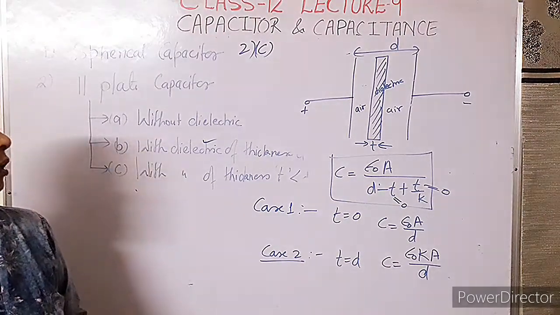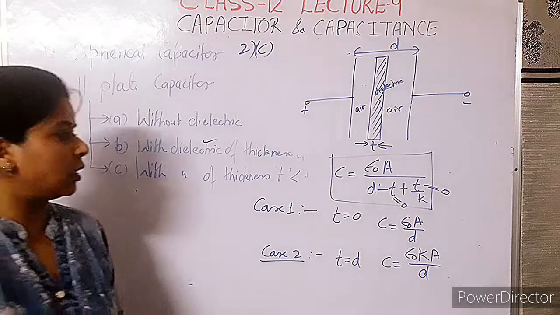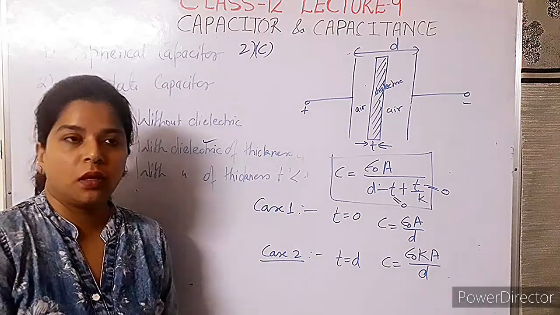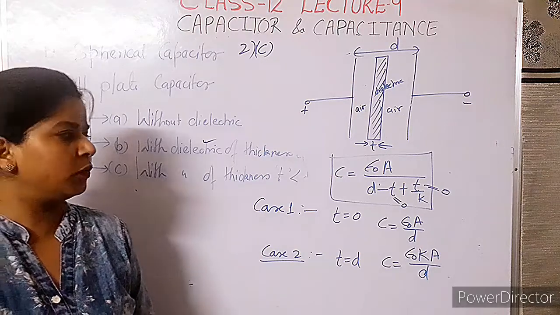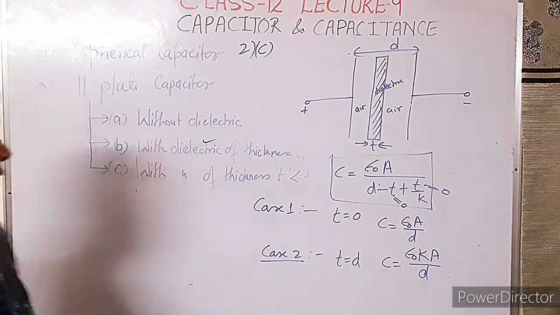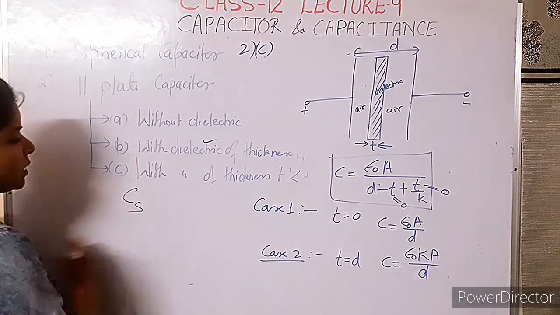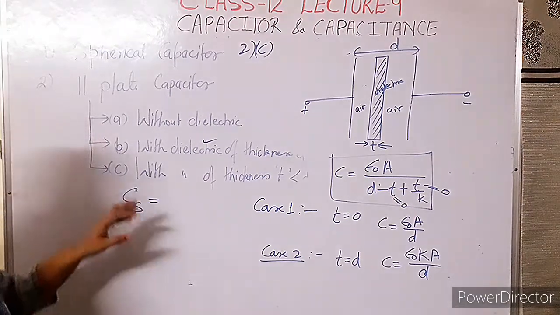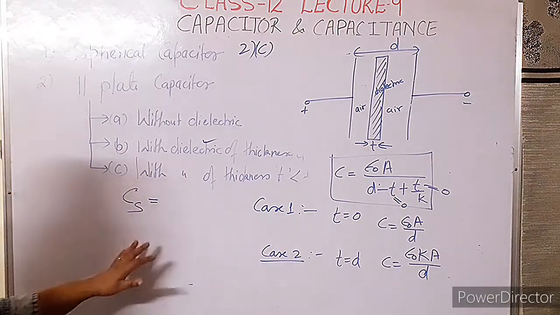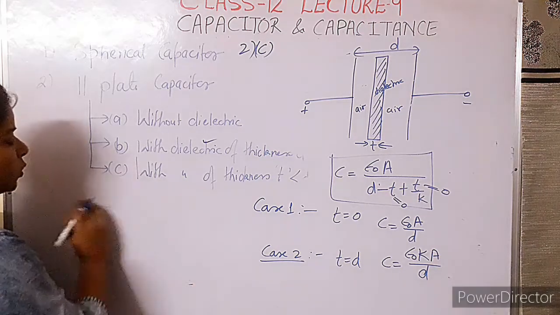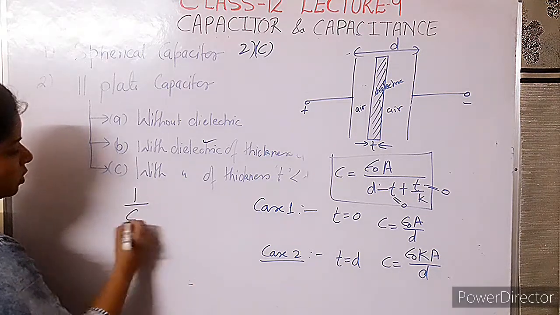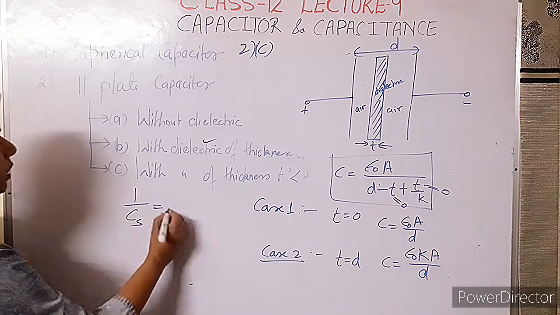Later on, a few more topics are there, like series and parallel combination of capacitors. That derivation is as simple as the derivation you did for resistors in 10th class. Remember that the series combination of capacitors should not be equal to the series result of resistance. You can solve it on your own. I will not tell you this combination of capacitors.